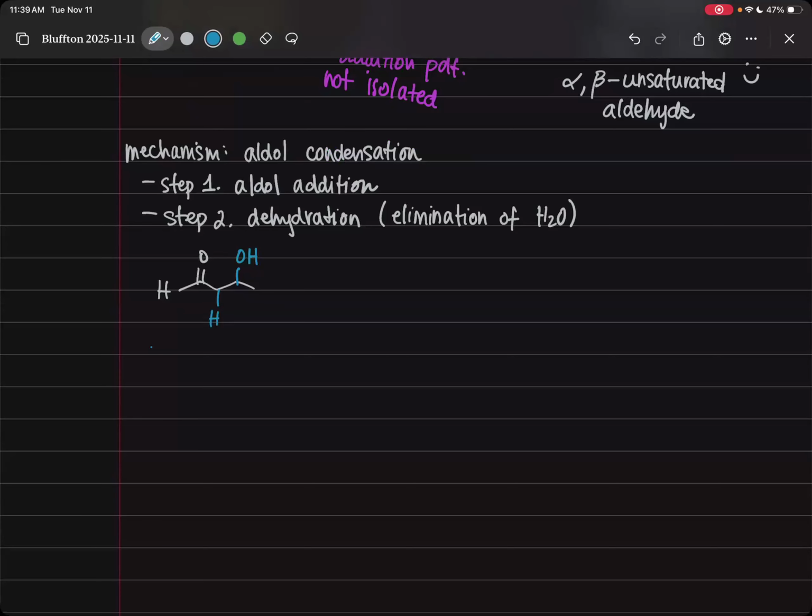So here is our aldol addition product. So that's what we get from step 1. Then to start step 2, we just need to do a dehydration. And so that's going to be affected by